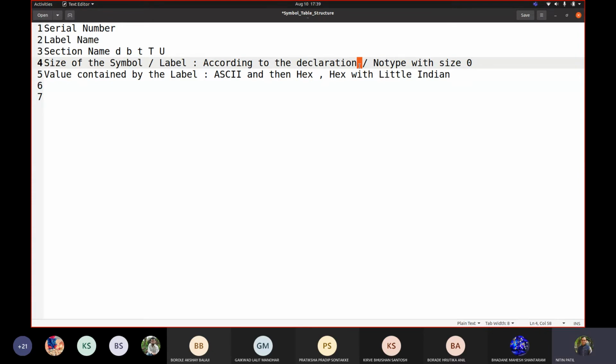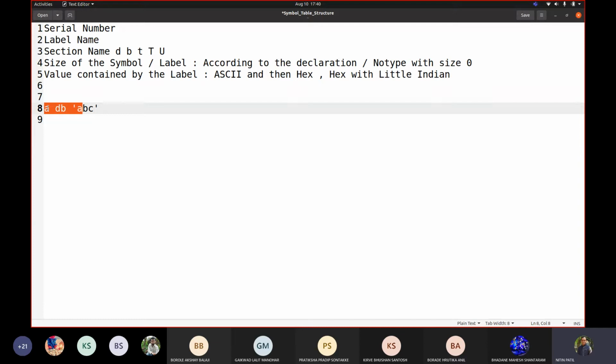It should be non-zero only. So in your cases, how would that differentiation be there with respect to this type? It could be 1 byte, 2 byte, 4 byte, 3 byte, whatever. A 3 byte value would be possible only if I write db 'abc', for example. So if I declare a variable like this, db 'abc', done. This is my 3 byte value, but actually a would be of size 1 byte, while the data contained in it would be 3, because a would contain only this value as a.